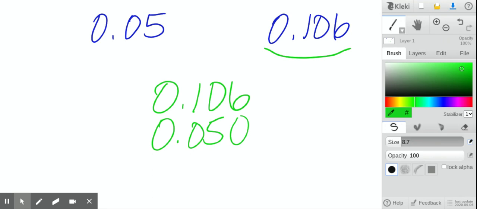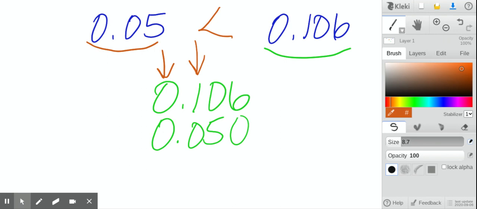So now I'm going to go looking at place value for place value. Here, I'm going to start right to the right of my decimal, my tenths place. So I have 1/10 and 0/10. I looked at my whole numbers. Those were 0, so I jumped right to my tenths place. With my whole number, they were both 0. I can't tell which is less than or greater than. So now I'm looking at my tenths place. I have a 1 and a 0. Well, 1 is definitely greater than 0, so I already know that 0.05, or 5 hundredths, is less than